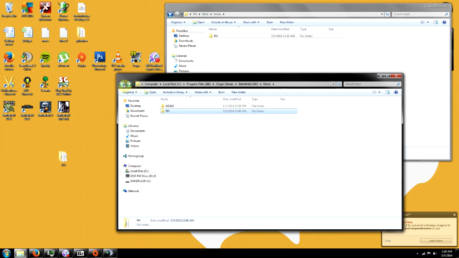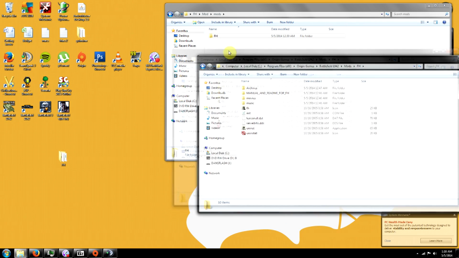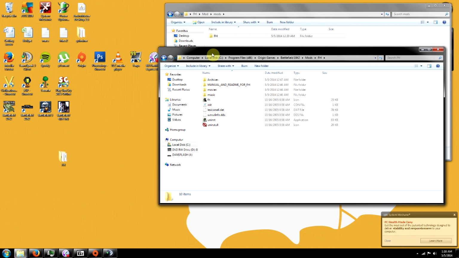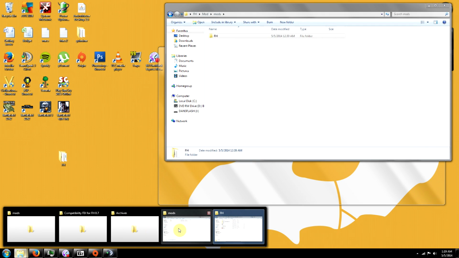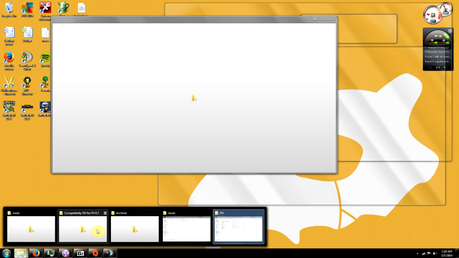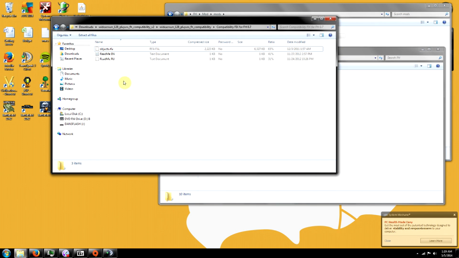So then once that's all in there, we need one extra piece to get this to actually work within the game. And I'll put a link in the description to where I found this, but essentially we need to download this file that is called the widescreen 128 players Forgotten Hope compatibility. We want to find the compatibility fix for Forgotten Hope 7.0, and then we want to copy this objects,